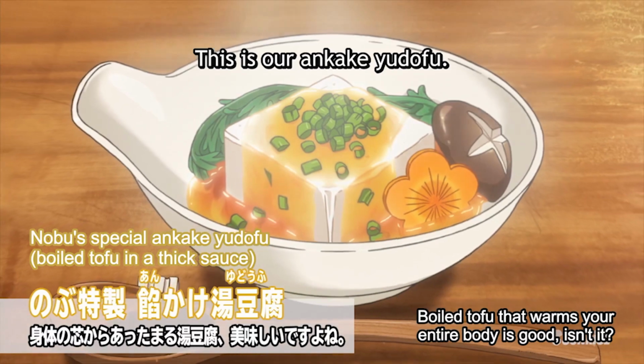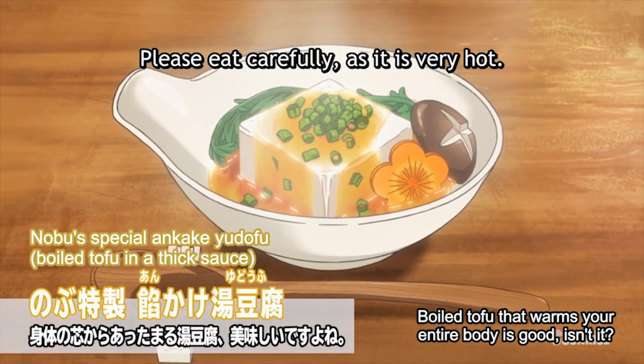かけ湯豆腐です。熱いので気をつけて召し上がってくださいね。 Izakaya Nobu is an incredibly wholesome cooking anime, and I don't think it gets enough recognition that I think